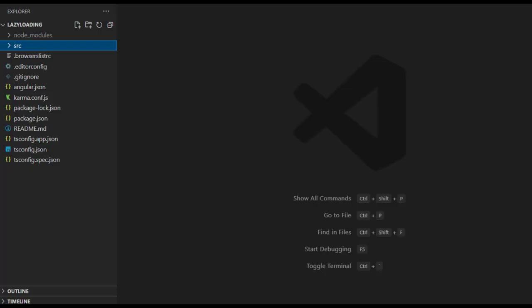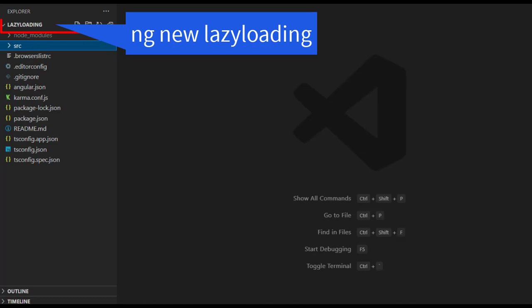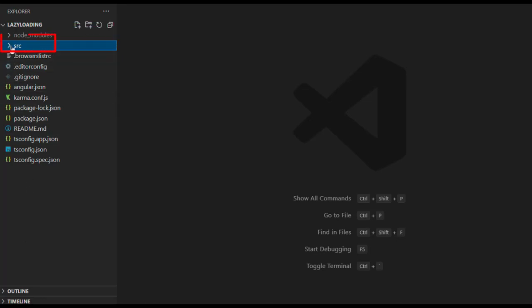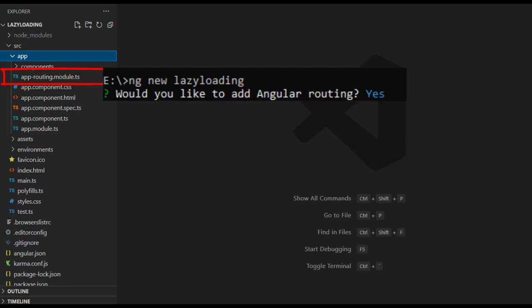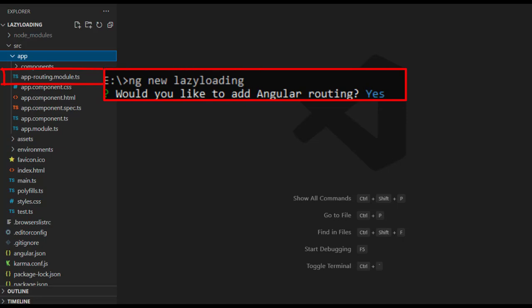We'll go to Visual Studio Code. Here, I have created a project called lazy loading. Then we'll expand this src. After this, app consists of different files like HTML, CSS and TypeScript files. And also it consists of app-routing.module.ts file. Because while creating this lazy loading project, I have selected option yes for the question, would you like